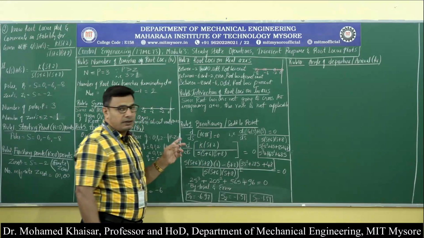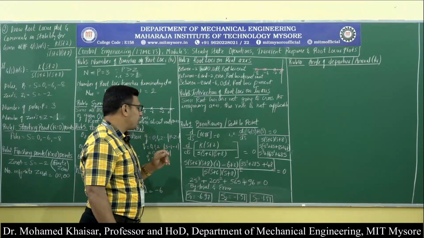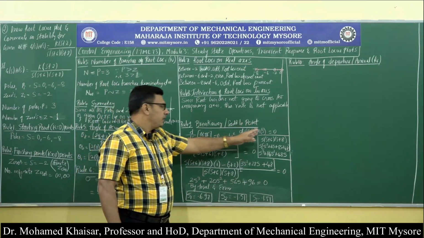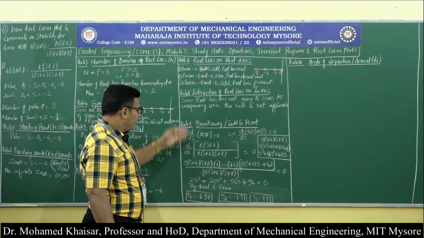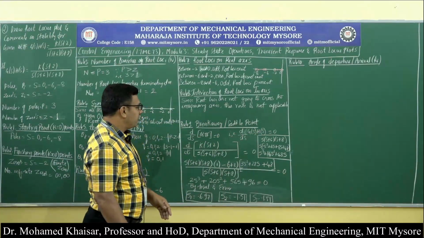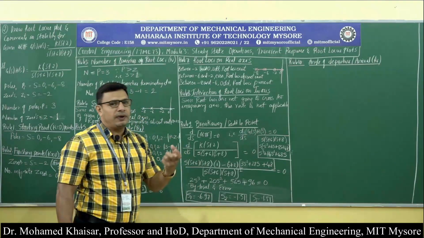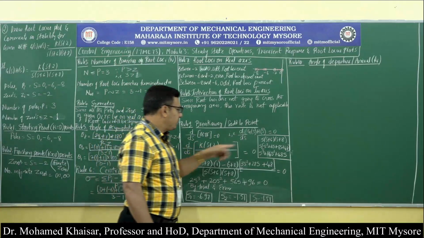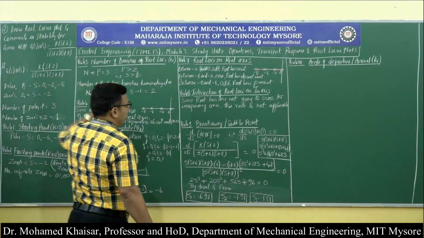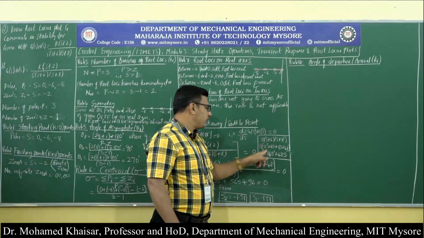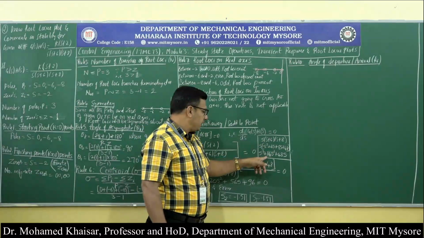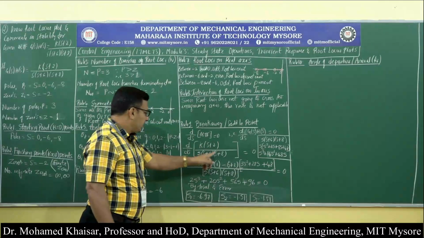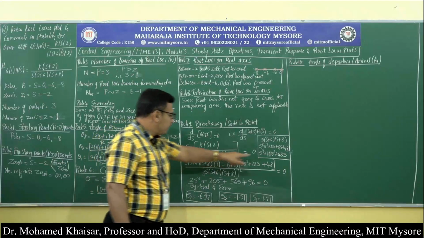The equation for obtaining the breakaway point or saddle point is given by d/ds of the OLTF, that is d/ds of G(s)H(s) equal to 0. Before we start, let us simplify our open loop transfer function for calculation ease. We have in the denominator s into (s+6) into (s+8). If we remove the brackets and multiply, we will get s^3 + 14s^2 + 48s. This is what has been done after this step.